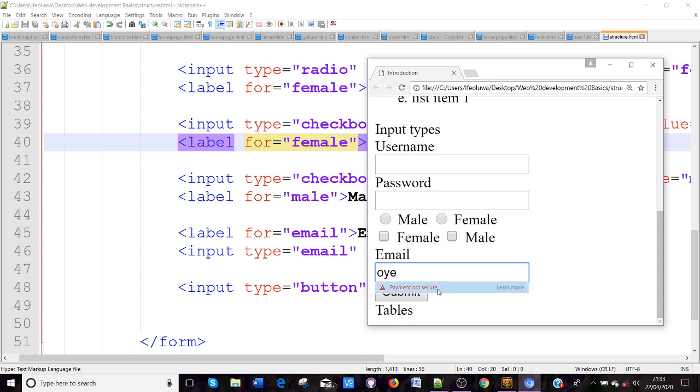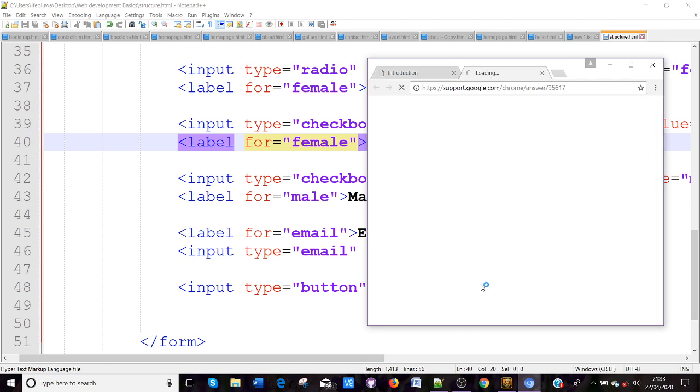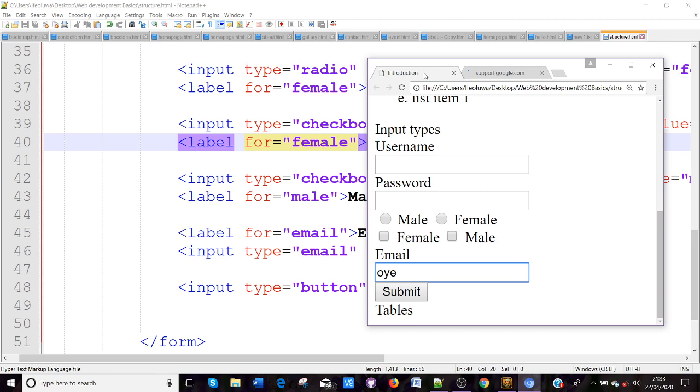Yeah, that's Google wanting me. Though I wasn't trying to pay anyway. But yeah. So if I try to submit that,